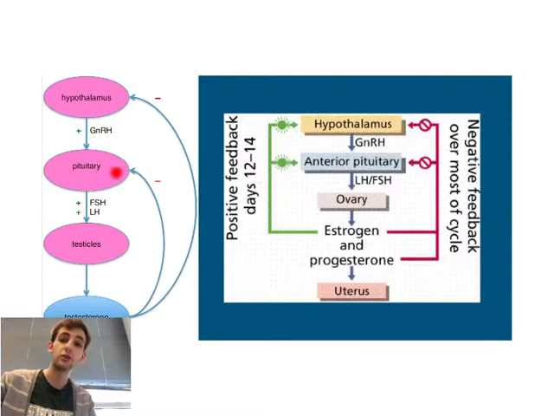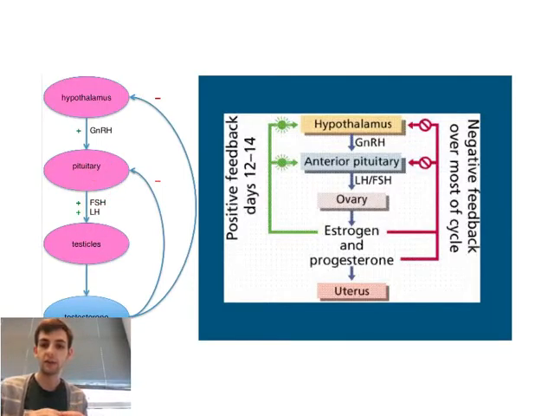These hormones are then going to directly stimulate the testicles, which is then going to also stimulate the production of testosterone. Now, what's important to notice here is that once enough testosterone has been produced, it's going to negatively feed back on the hypothalamus and the pituitary. Remember, negative feedback. So once this testosterone is high enough in quantity, it's going to come back here and negatively feed back on the pituitary and shut it down,